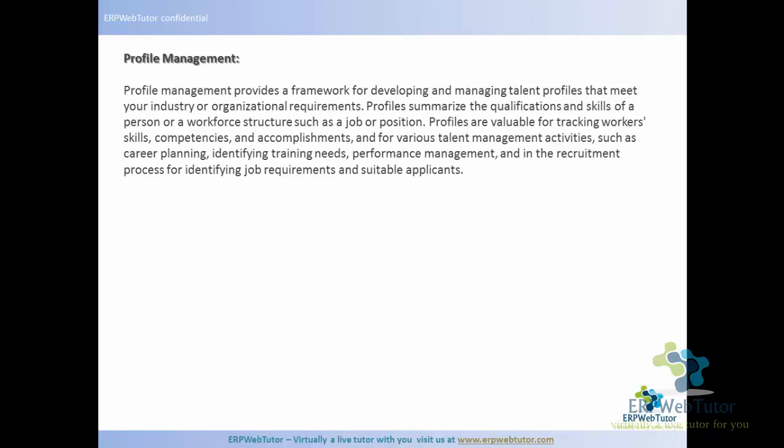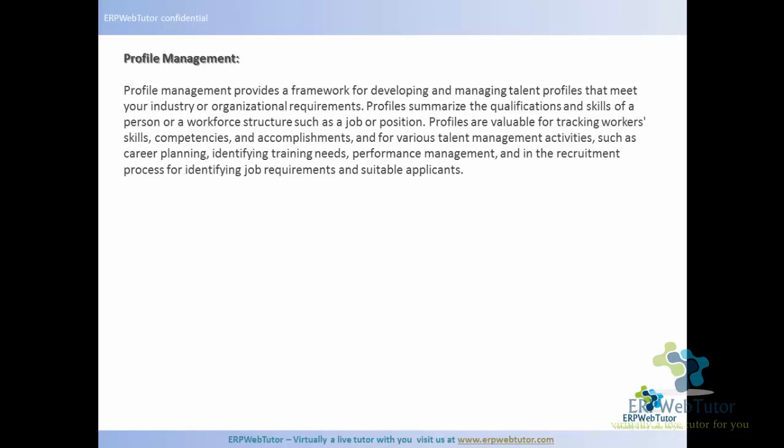You can also have the profile management with just your core HR as well. But again, this is a very useful piece when you're doing the talent management, because you can get a lot of information on the person's profile, such as the qualification and skills. Just by going into that person's profile, you can see whether the person has the required skills for a job, and then also you can do it at the job level. So you can add the profile for a job that you need certain qualifications, certain skills for that particular job